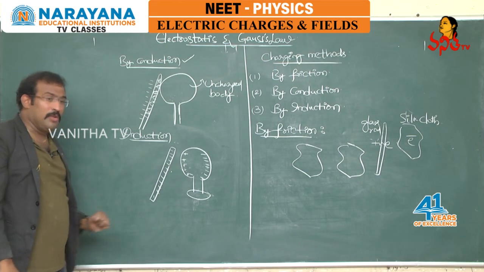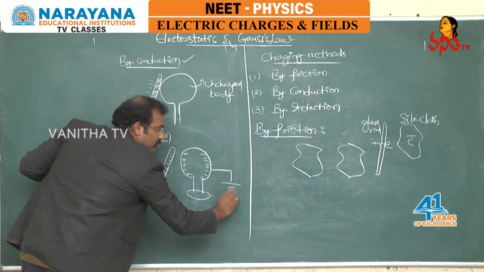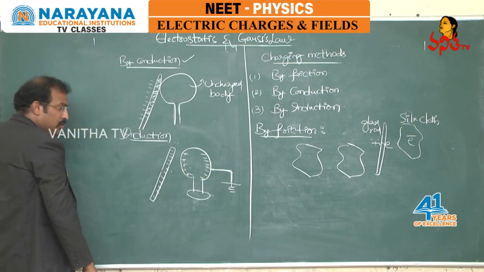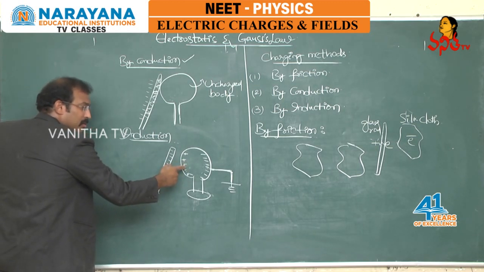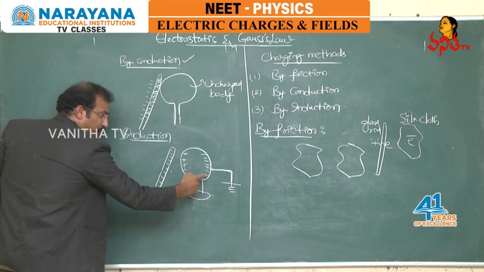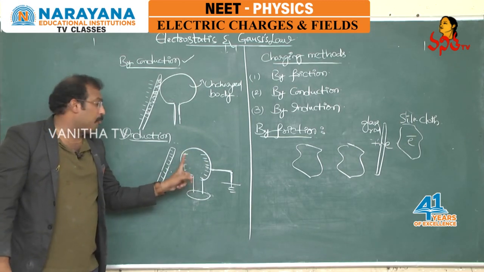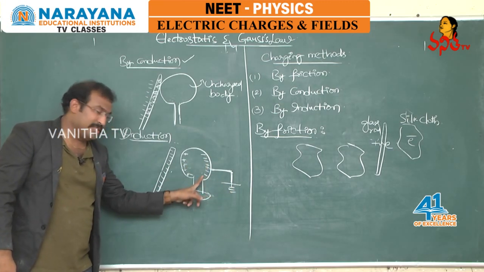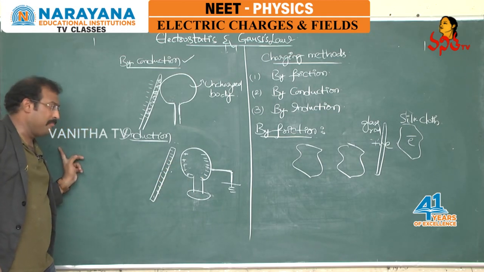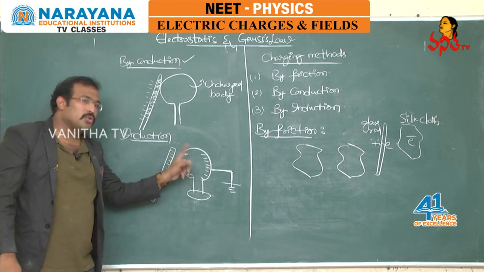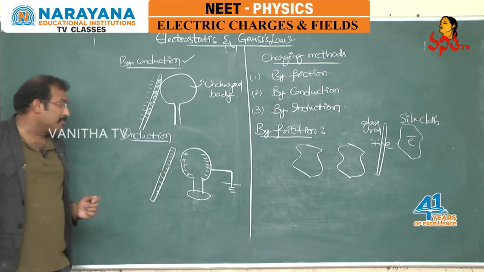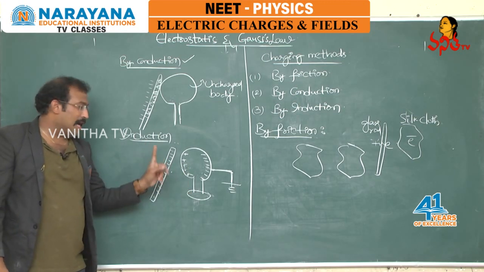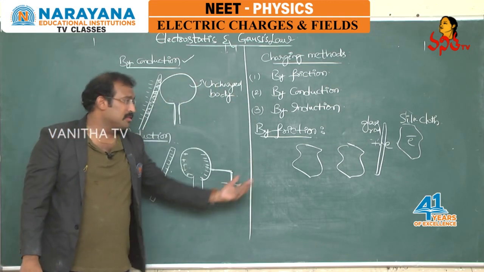How do you make it charged with a single charge? Let us see. Now this is earthed so that the electrons will flow from here to the earth, and this charged body is removed so that whatever positive charge is there gets distributed upon the surface uniformly. So now this becomes a positively charged body. These electrons will go to the earth and get neutralized, and this is removed at the same time. So this positive charge gets distributed so that it becomes a positively charged body. By the method of induction, opposite charges are created, so induction results in attraction. So these are the methods of charging.